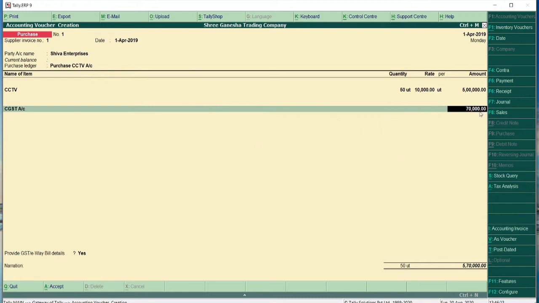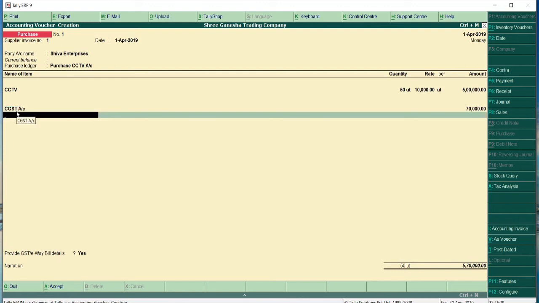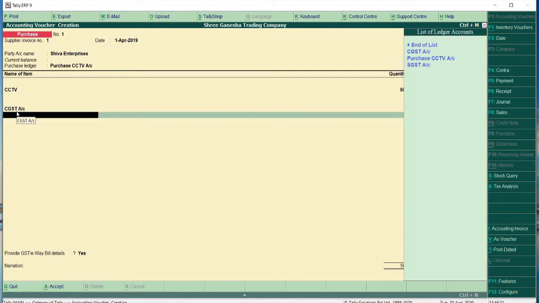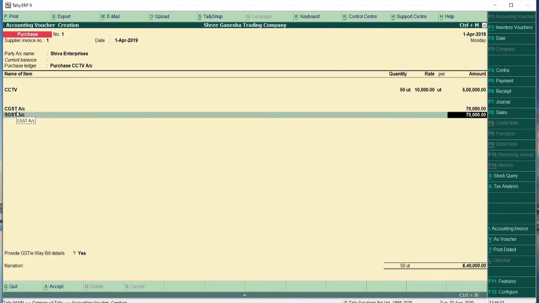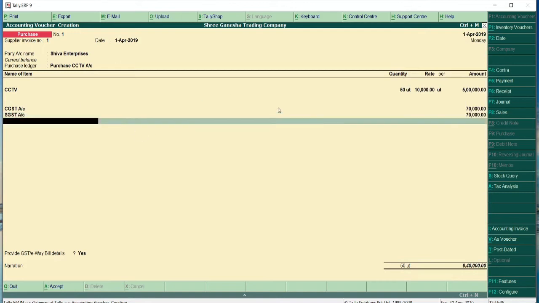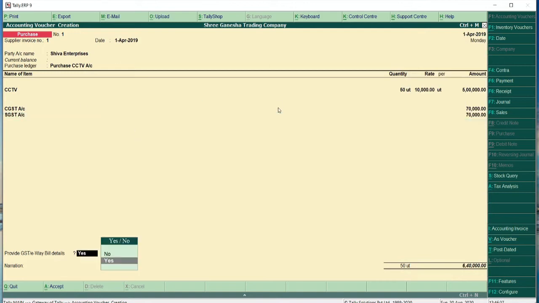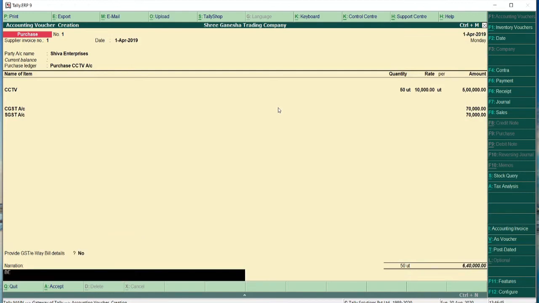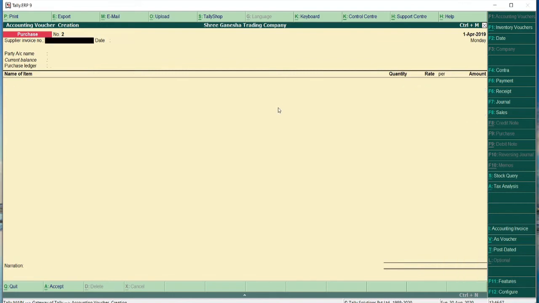So here 14% of 5 lakh, that is 70,000 for CGST. Again I am pressing enter key, space bar, SGST as 70,000, and if you want an e-way bill, you can simply press yes, or you can say no and type the narration and accept this entry.